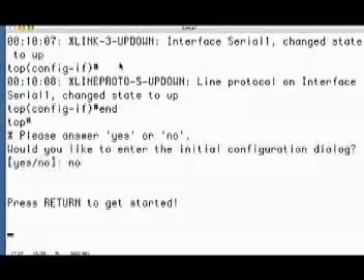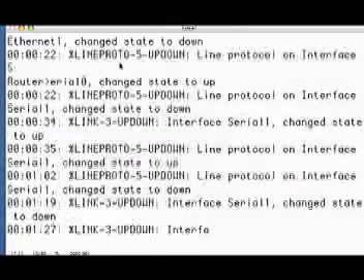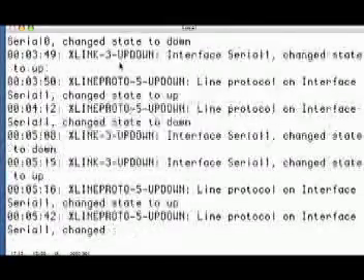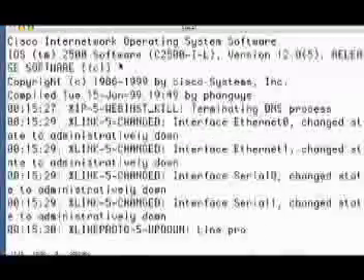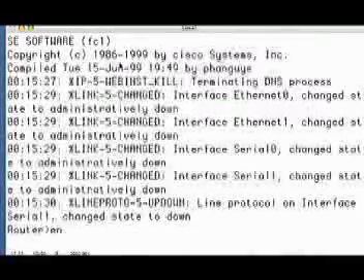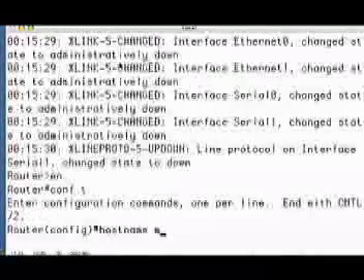This is the middle router. What I did is, before the session, I did a write erase, and then I did a reload. And so that way our routers are in fresh. Host name middle,